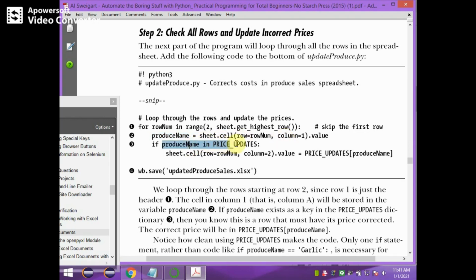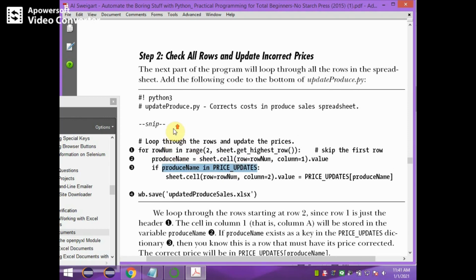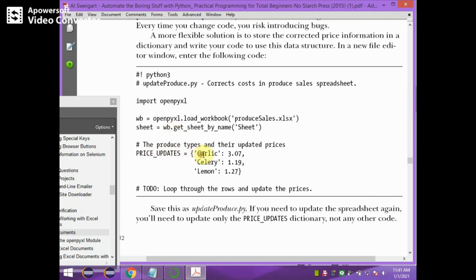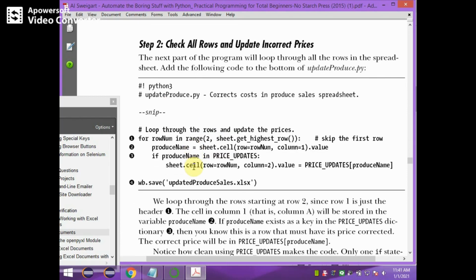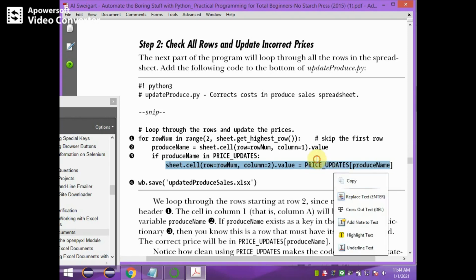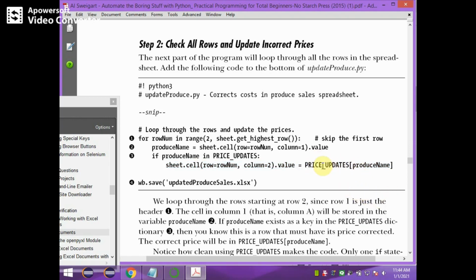If the product name is in price_updates, meaning if the product name is available in the dictionary, if the product name is any one of these, then you have to update the price. The update of the price should be through the dictionary. You take the content of the dictionary for the key product name.